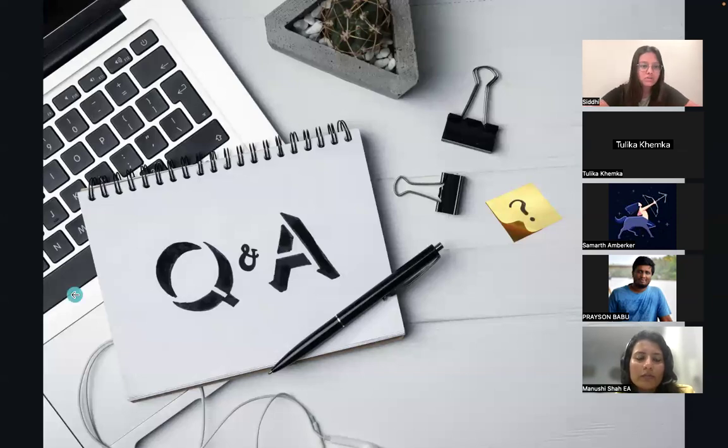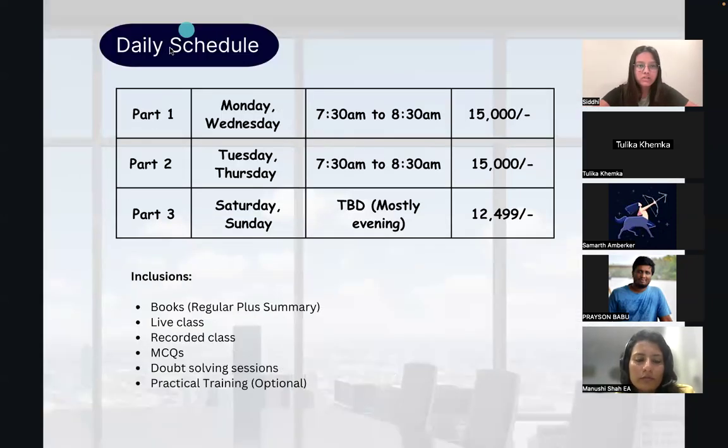Ashwini, yes, part 1 is also starting on 19th only. So these are the timings from Monday, the upcoming Monday, we are starting it. And the upcoming weekend, it will be part 3. If you are going to enroll for 2 parts together, let's say 1 and 3, or 2 and 3, we might give you some discount. This will be there only till the weekend, till Sunday. You start your enrollment and just let us know.